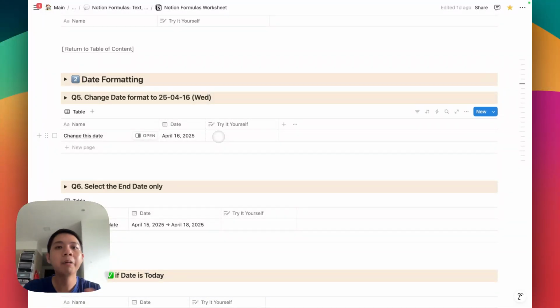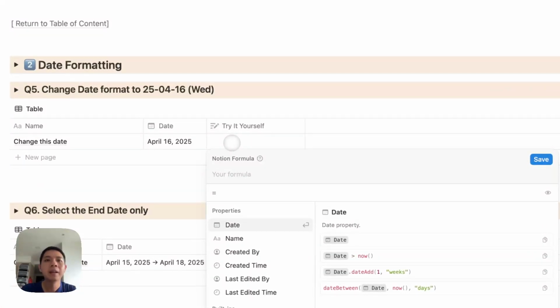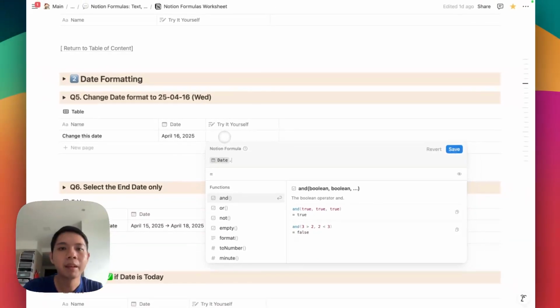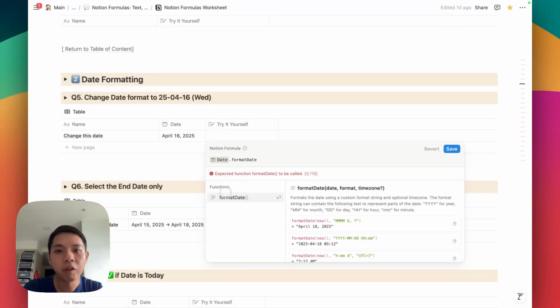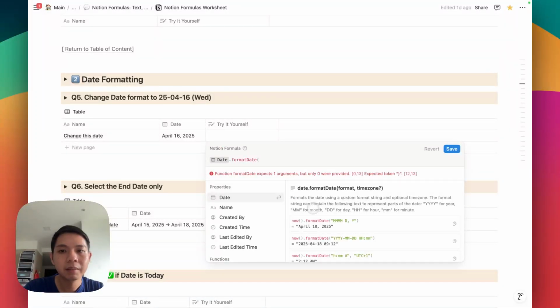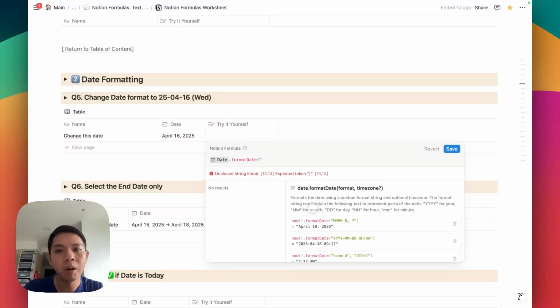So how you can do that is, if you want to try yourself, you can pause, but continue here. So we select the date, dot, and then we use something called format date, right? So Notion provides a description as well, like format the date using a custom format string. So we need to give it custom instructions. All right, so what you can do is we type the format that we want. So in this case, we want to show only 2 digits of the year. We can type YY. If I just close the apostrophe, I'm in quotation marks, you can see that it's